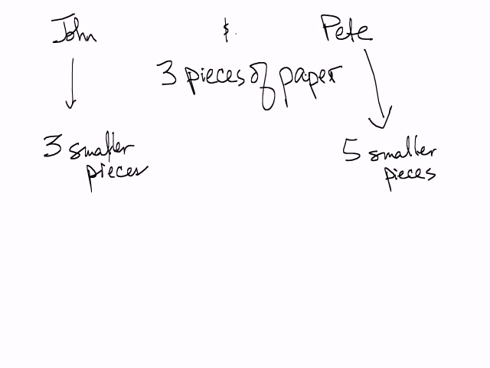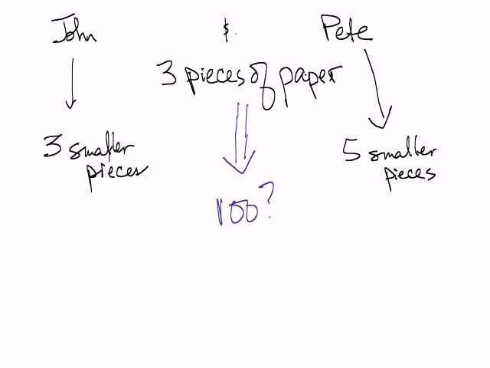Okay, so John and Pete will be taking turns, not necessarily one after another. John could pick up a piece of paper, tear it into 3 pieces, then pick up another piece of paper, tear it into 3 pieces. The question is, they start with 3 pieces of paper. Is there any way to end up with 100? And the answer is no. And in most of these parity arguments, the question is, is something possible to do? And you're going to use a parity argument to show that it's impossible.